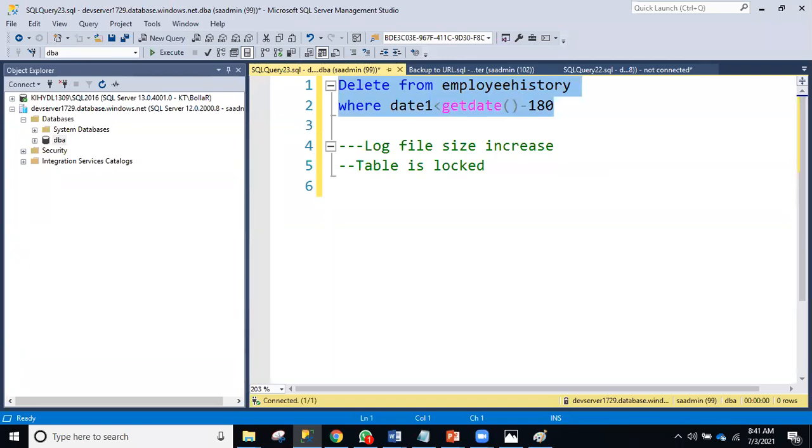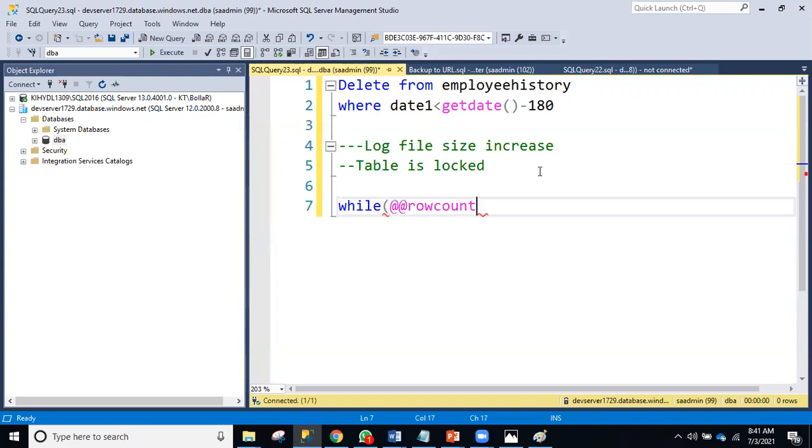We should delete in batches and commit in batches. Yes, there are several ways. We can even take a log backup, or use the simple recovery model to avoid log usage. But if you are in Azure SQL DB, you cannot change the recovery model and you cannot take the backup, so obviously it is full recovery model only. In such cases, you can do it in batches.